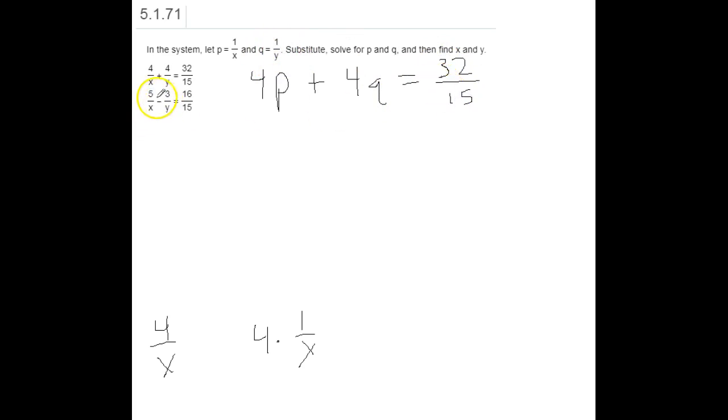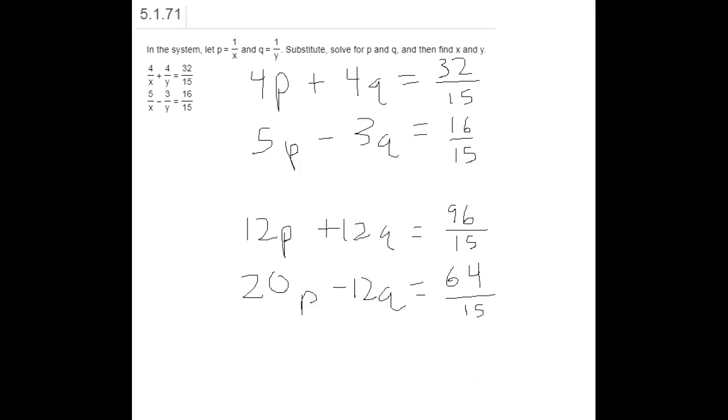And so then, similarly here, 5 over x is the same as 5 times 1 over x, so we have 5p minus 3q equals 16 over 15. So now I'm going to use the elimination method, and since these variables already have opposite signs,